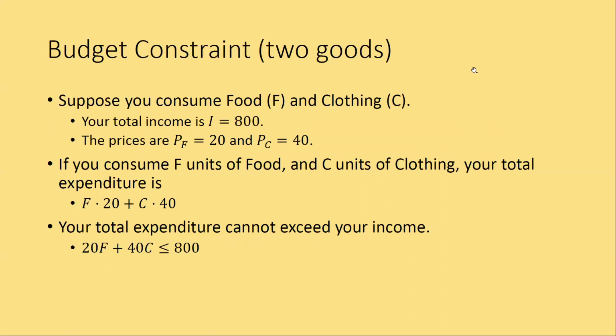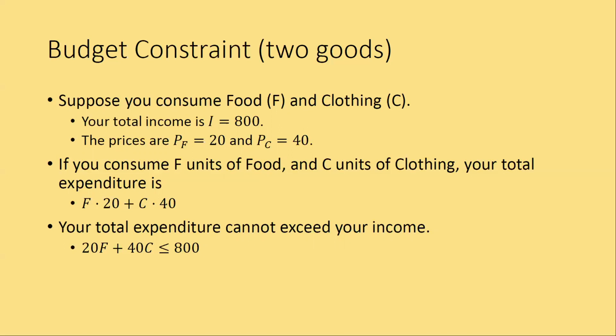The idea is the same when we look at 2 goods. So suppose you consume both food and clothing, and you have a total income of $800. The price for food is 20, and the price for clothing is 40. If you consume F units of food and C units of clothing, you will be spending